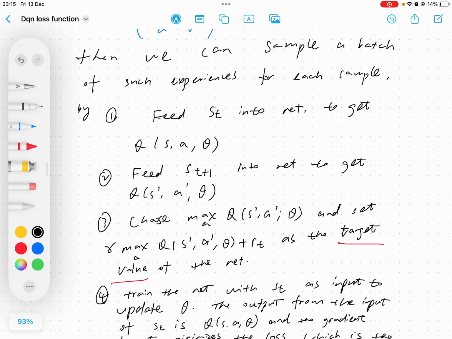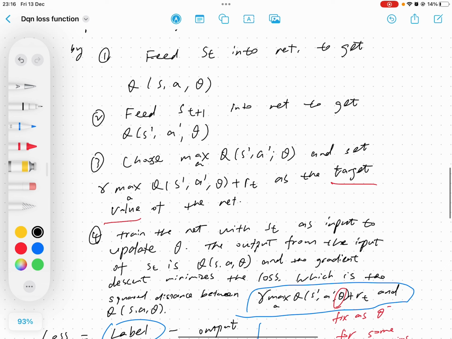Then we feed s_{t+1} into the network to get another Q value, taking s', the next state, a', the next action, and theta, the network parameter. And then we choose the maximum, by choosing the action that maximizes this Q value for the next state and next action,